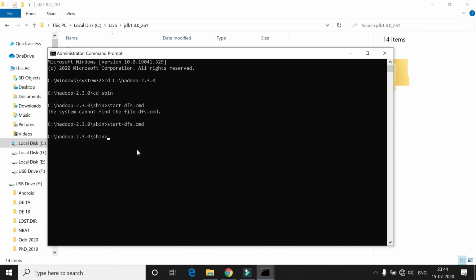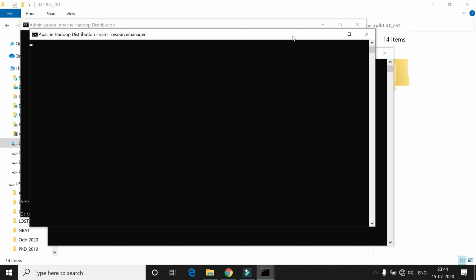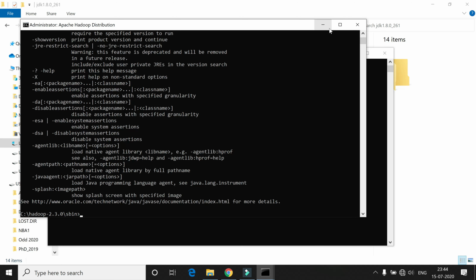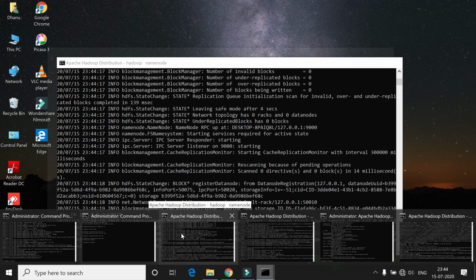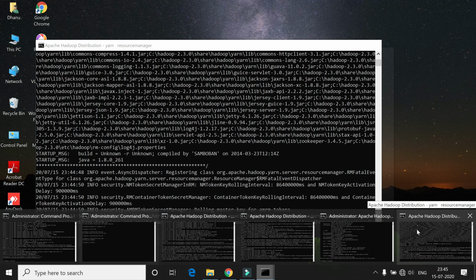Right, now the next command, start-yarn.cmd. It will start two more daemons, resource manager and node manager. So you can see 4 windows: name node, data node, node manager and resource manager.